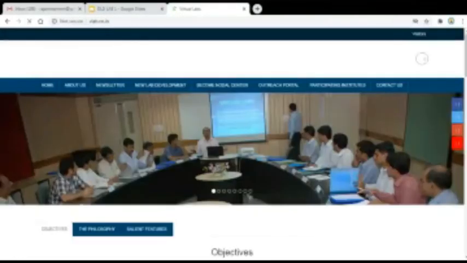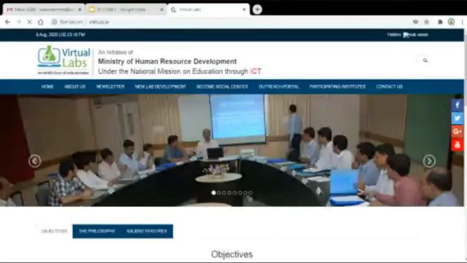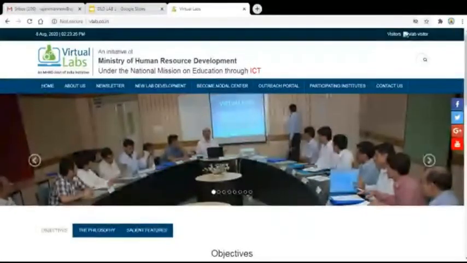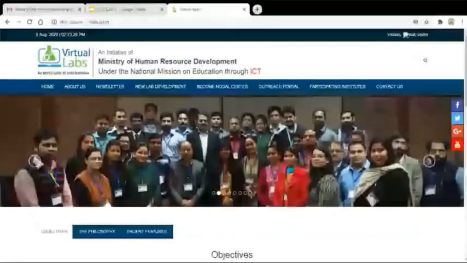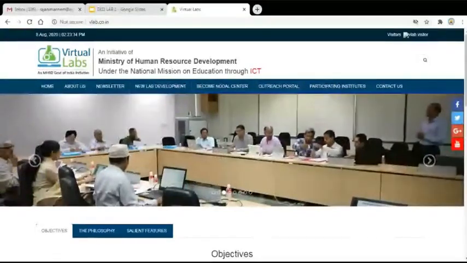The first one is flexibility. The second one is very low cost. By flexibility I mean the students can do this at their own convenient time. Whenever they want, they can access it. The basic improvement, especially for this digital lab, is that no separate software installation is required. We can do it online just by clicking those links.